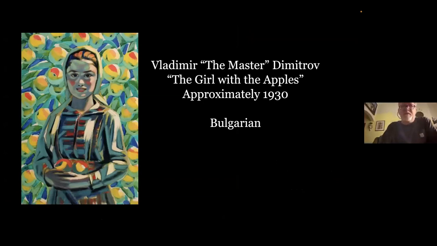Oh, that's a master. This is not my painting. Oh, that's cool. This is a painting by Vladimir Dimitrov. He was also known as the Master. So my wife was born in Bulgaria, and in Bulgaria, there's a very famous area where they have apples. Anyway, it's very famous for its apples, and this painter did a series of paintings in this